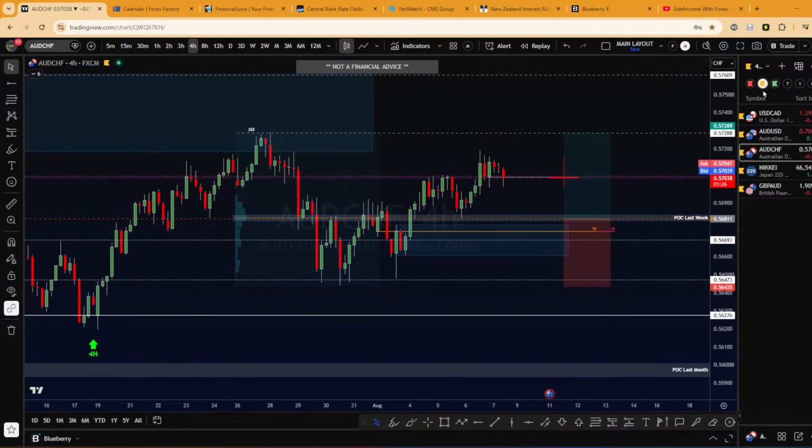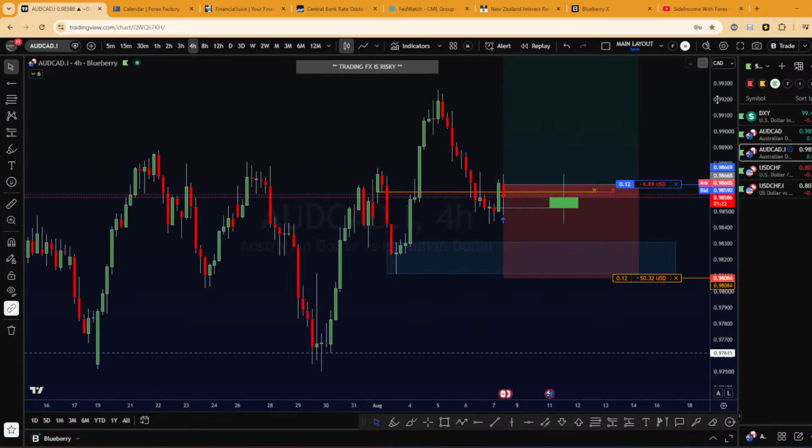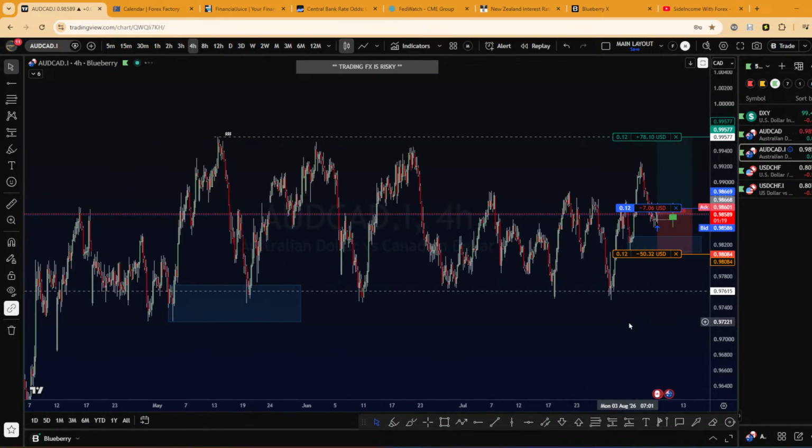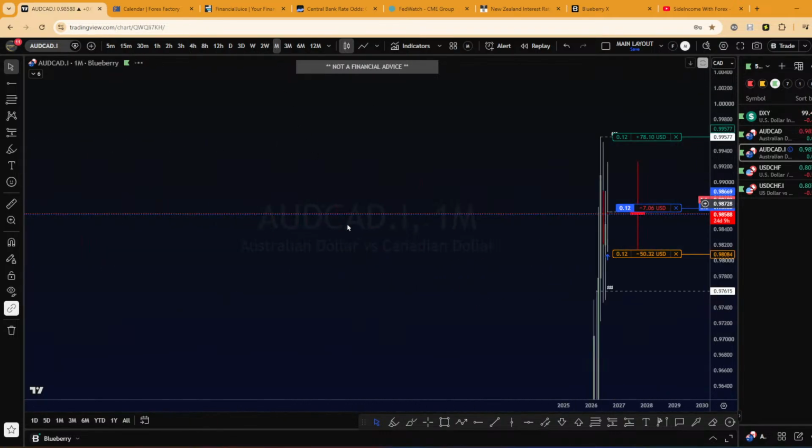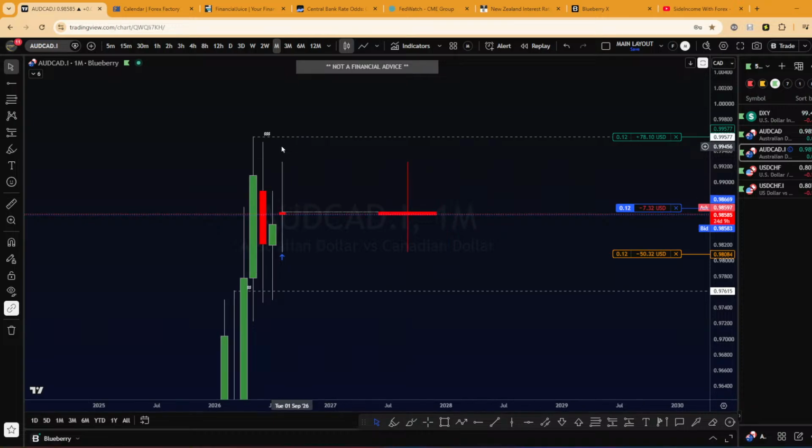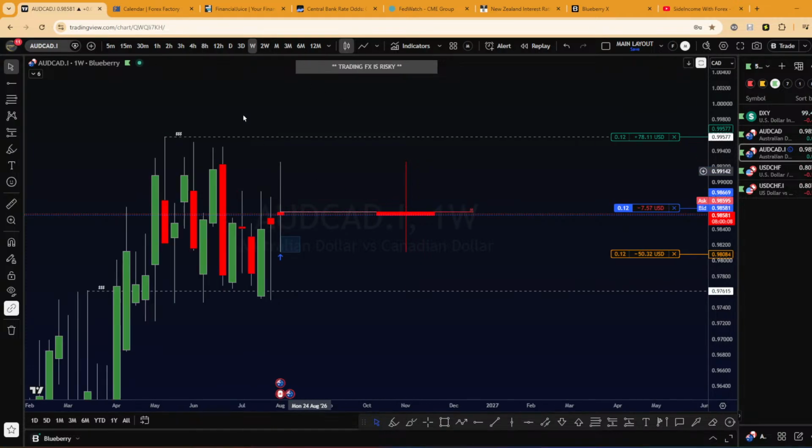Yeah, I was talking about Aussie card. That's why I get in this position. Okay. So I still want to target this high at least at the end of the month or maybe next week.